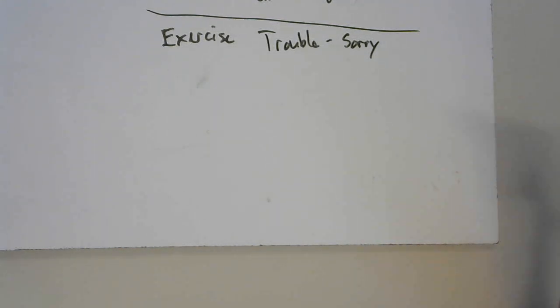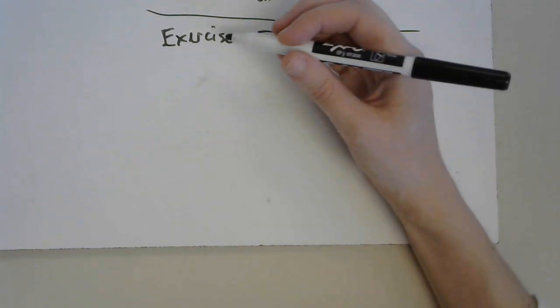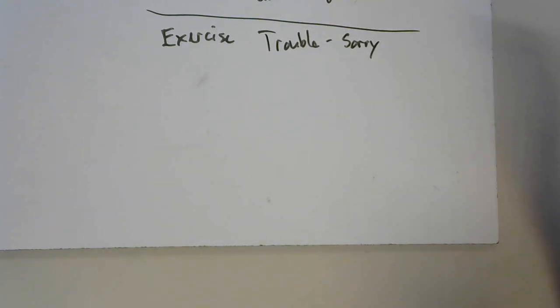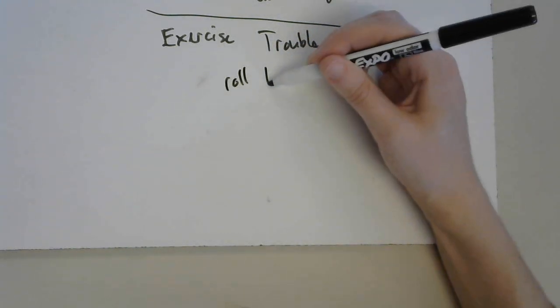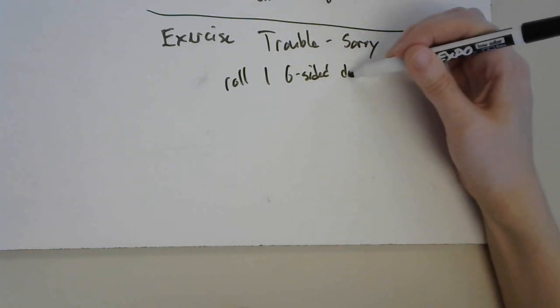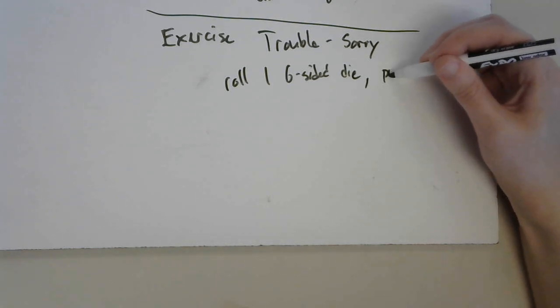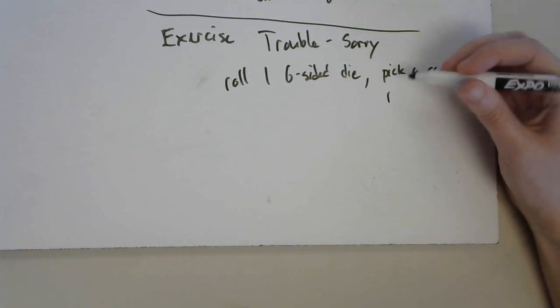In the game of Trouble, you roll a dice to figure out what your move is. So for Trouble Sorry, we both have the dice roll from Trouble, the game board and cards from Sorry. You both roll 1 6-sided dice and pick a card. There are 11 choices